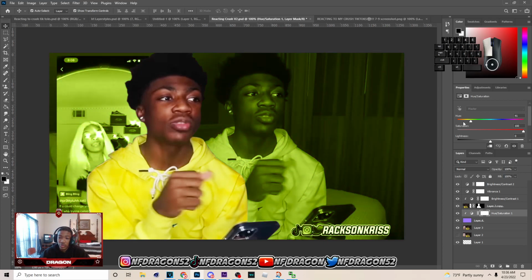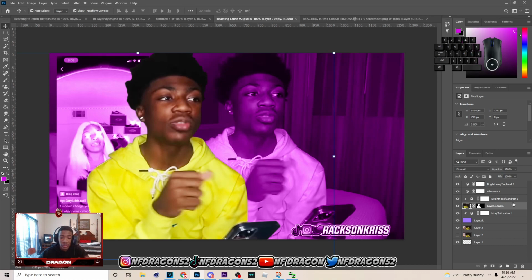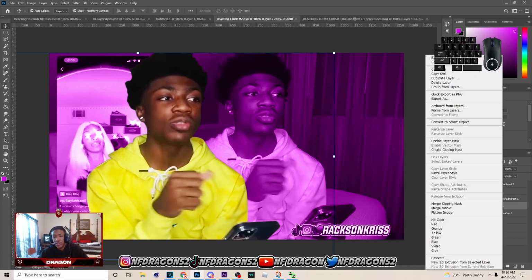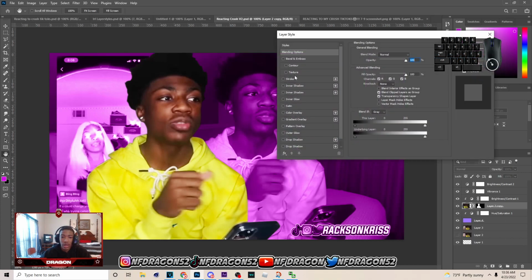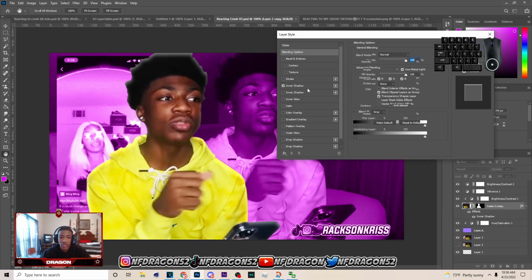As you can see, when you change it, it gives you the number, and it's different colors for everything. So I just picked 298, saturation 100. Hit Control S to save your work once you're done with that. And the next thing we're gonna do is add the glow, inner shadow, and all the good stuff to the dude right here. So to add this, you want to go to blending options, and you want to go to